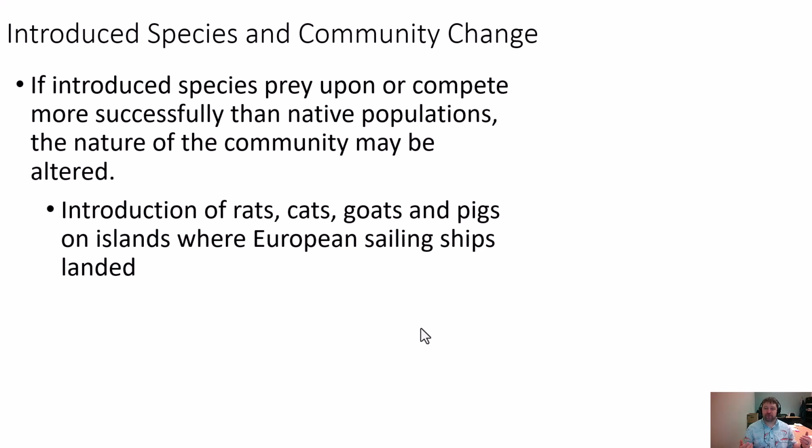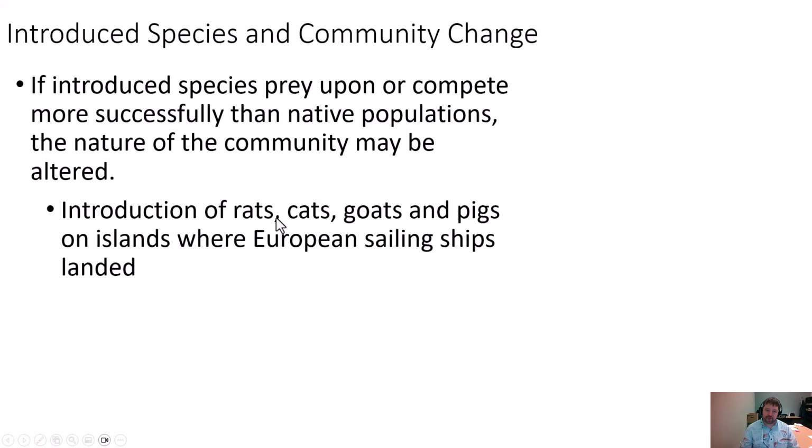Some were done intentionally, like releasing organisms because maybe you have too much cargo. So maybe you're bringing too much cargo on your ship, and you might have had a bunch of goats and pigs on the ship to feed sailors, and because it's just too heavy, you release the animals onto the island, or maybe not even an island, maybe on a different continent, and now they get established. So there are lots of ways in which this has occurred. Sometimes it's to the detriment of the environment.